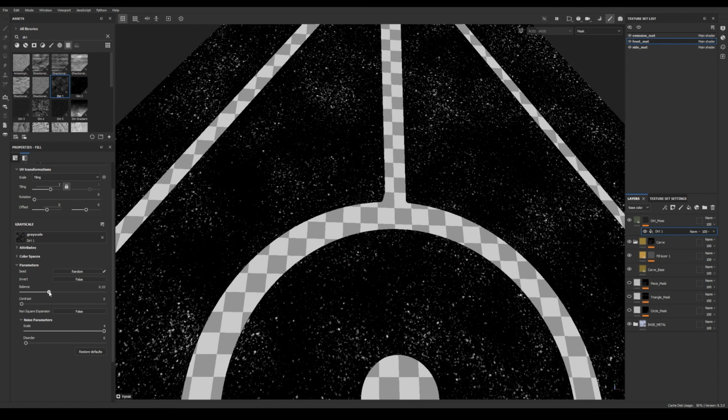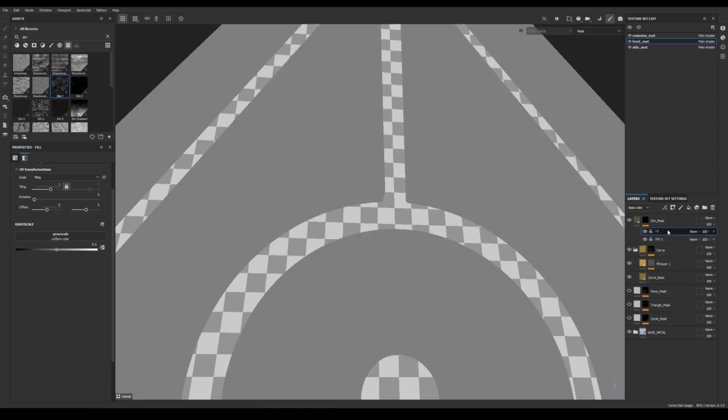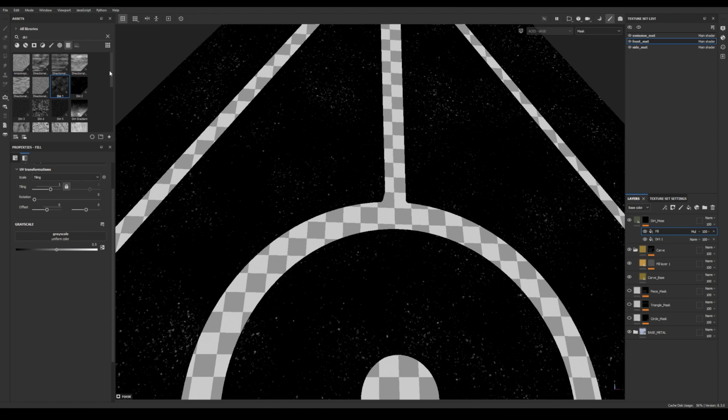We want to decrease the balance. Let's say something like this. Now let's mask it even more with another fill layer. We will set it to multiply. And let's look for another map. Let's say